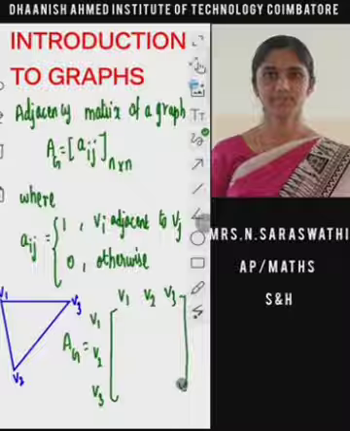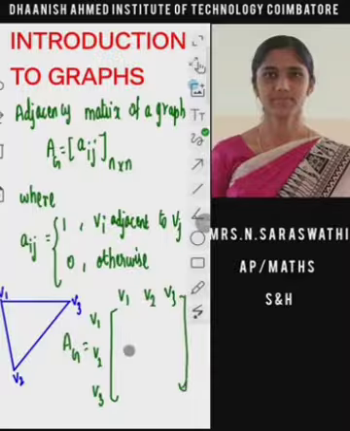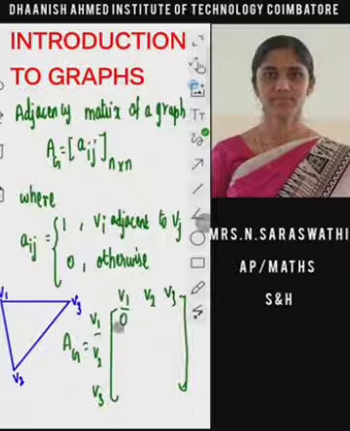Now we have to see whether it is adjacent to the vertices. Now we have to complete the first row. Here V1, here also we have V1. Here there is no loop, therefore the element will be 0. Here V1 and V2 are adjacent because there is an edge between V1